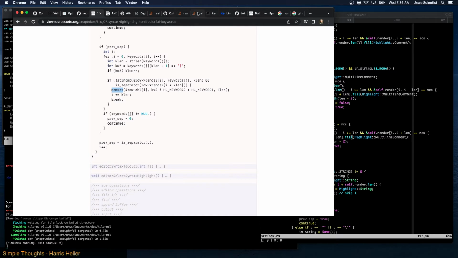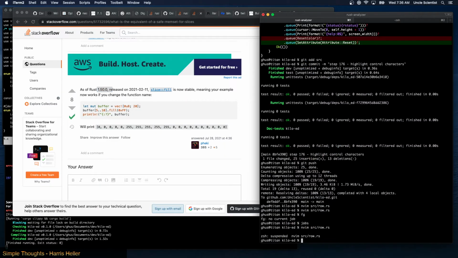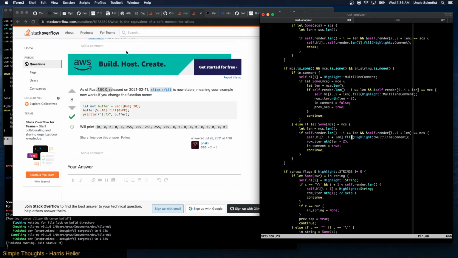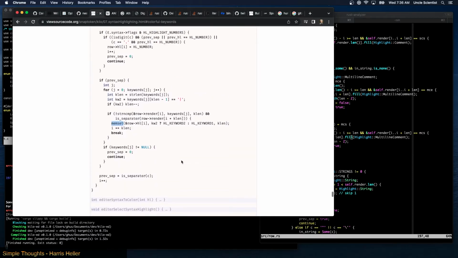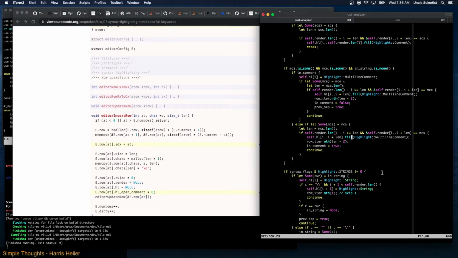That was as of Rust, what was it, 1.50? And I'm on like 1.60 or something like that. Rust, let's see. 1.58. Haven't quite upgraded yet. Yeah. Okay, so we got that, but now we have this issue that we have to solve that